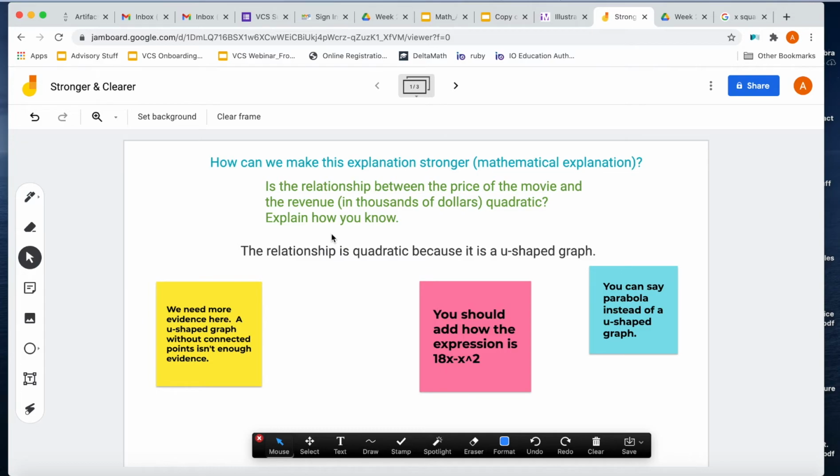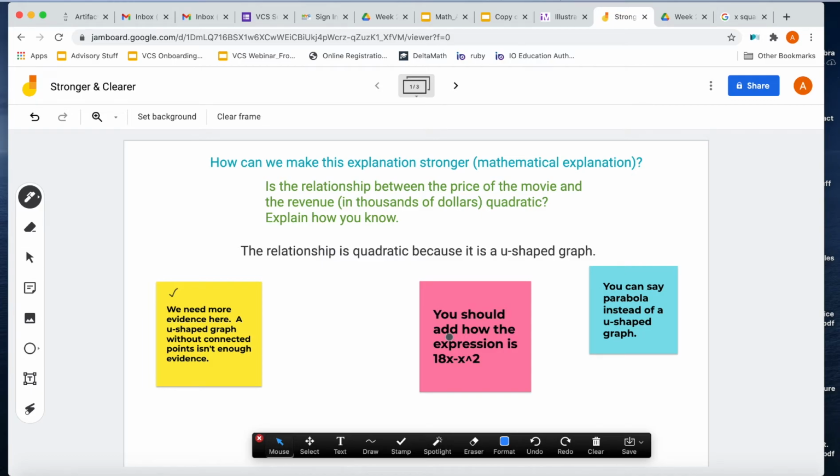And so one option is students can go in, you can put students into groups, they can work collaboratively, and each group can be assigned a Post-it color, and they'll post on the Jamboard how they believe the explanation can be made stronger. They don't need to actually rewrite the explanation. They just might want to give some feedback as if they were working collaboratively. And if a group agrees with the response, they can just, again, use that little pen to check off that they agree. If they disagree, maybe they can put an X if they don't think that actually is something that